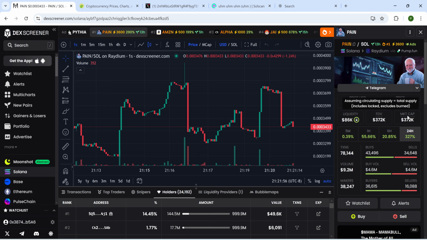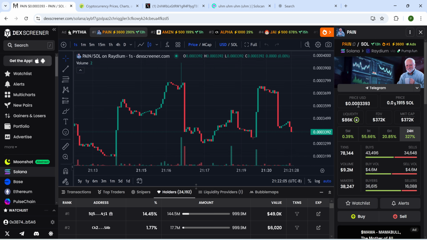Market cap is usually the token in circulation multiplied by the price, that's the current price. And you see this is the current price of this one in USD. So the token supply should be around 1 billion. So multiply it, and this is what it's going to give you.